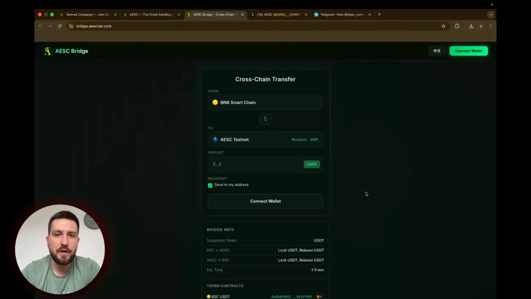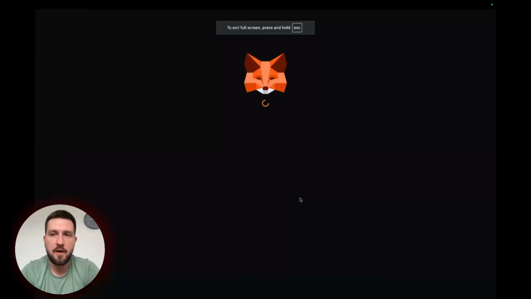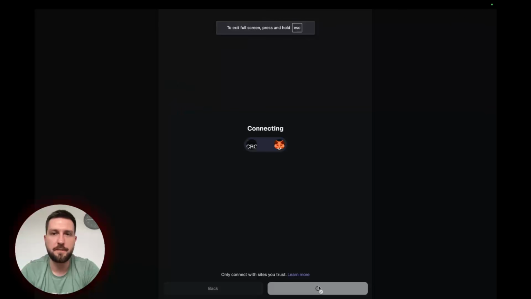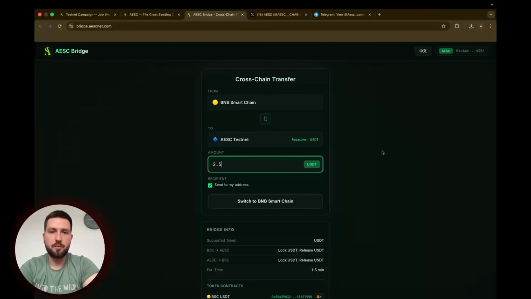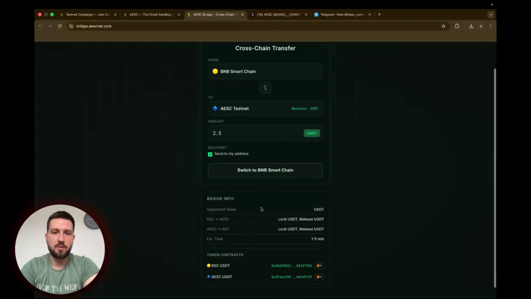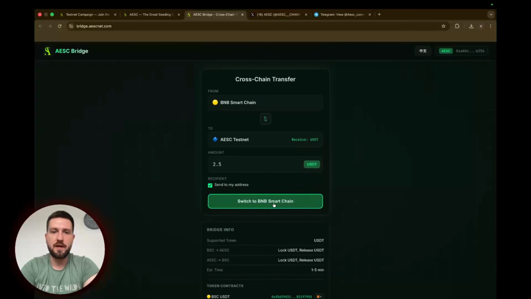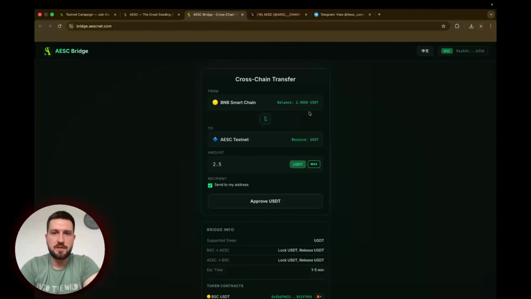As you can see, you will be redirected over here, from Binance Smart Chain to the Aesc Testnet. The amount that I'm going to put over here is going to be $2.5. Let me write down 2.5 USDT. I'm just going to connect my wallet over here. Over here you can see your bridge info, the token content as well, and switch to the Binance Smart Chain. As you can see, 2.5 USDT will be added to my account,